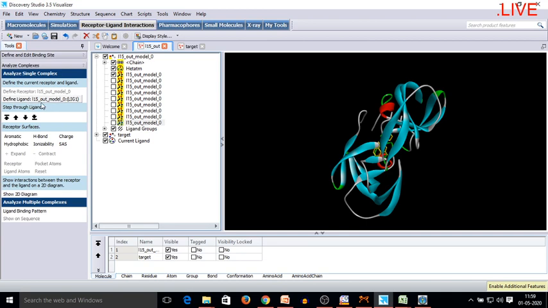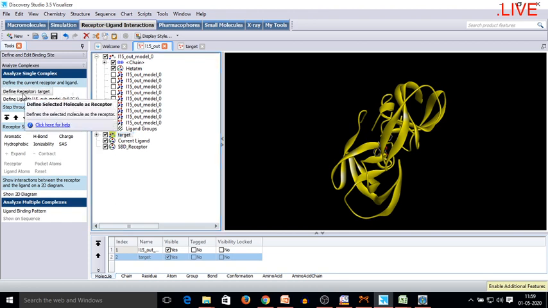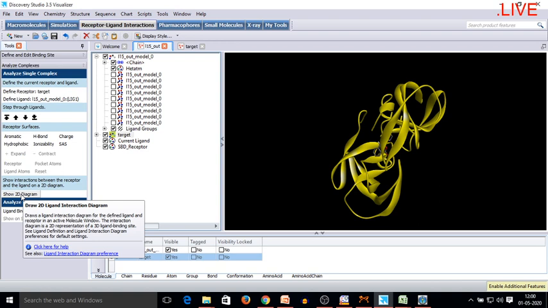So you can see that the molecule ligand has been defined. We have just told the software that this particular chain is our ligand. Now I will go to target and I will again define it as receptor. So we can see that the receptor and ligand both are defined, and now I will press on 2D, show 2D diagram.